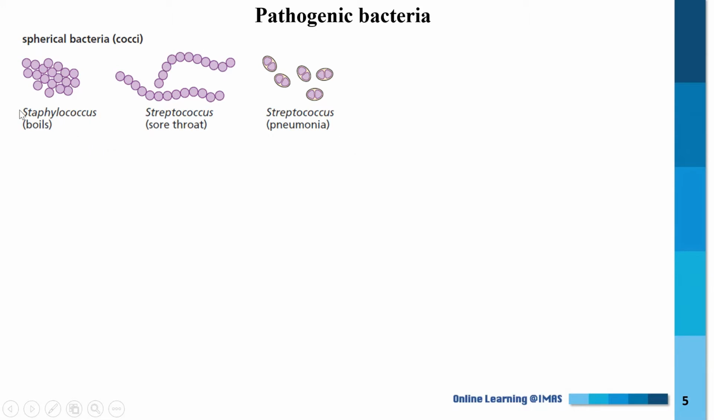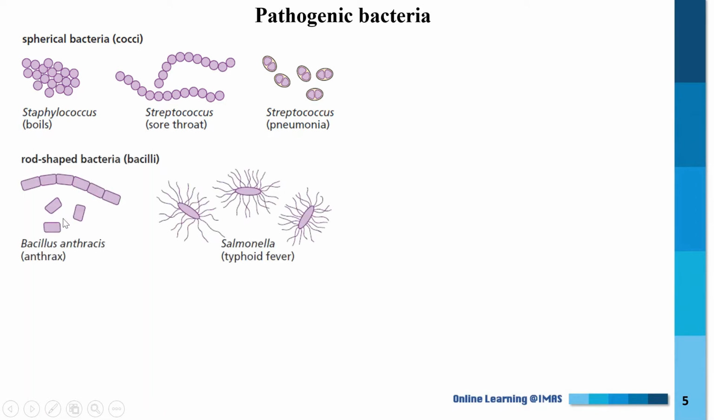For example, this is what we call cocci, or spherical bacteria. They have this spherical shape. They are called coccus. Like here, staphylococcus, which causes boils, streptococcus causes sore throat. So when you have a sore throat, maybe you have this streptococcus. Streptococcus also causes pneumonia. And you have here